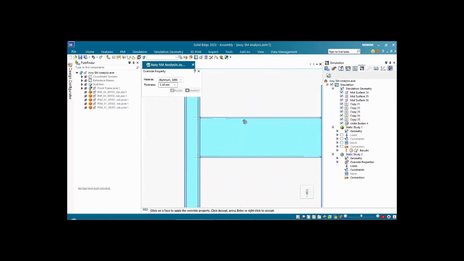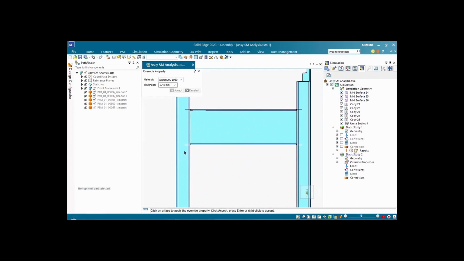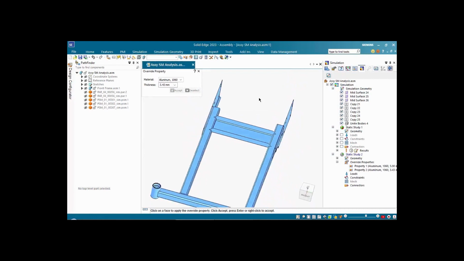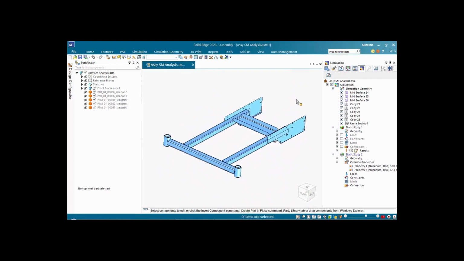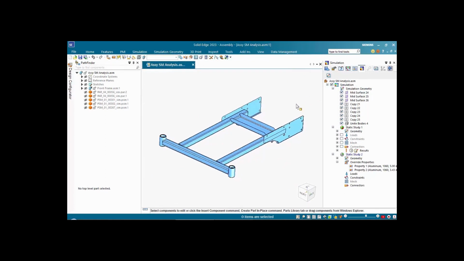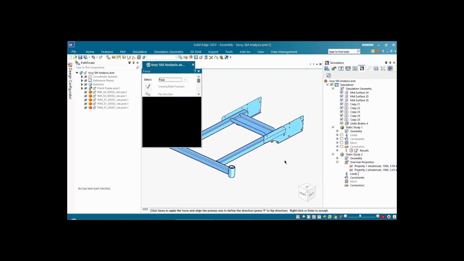And we can do that with a window. We don't have to select one by one. So as you can see, now we have these override properties with appropriate material and thickness. So this is what's different from that union command that we discussed earlier in Solid Edge Gems session. Now that we've done that, we don't have to deal with any connectors between the members. All we have to do is just define the load,